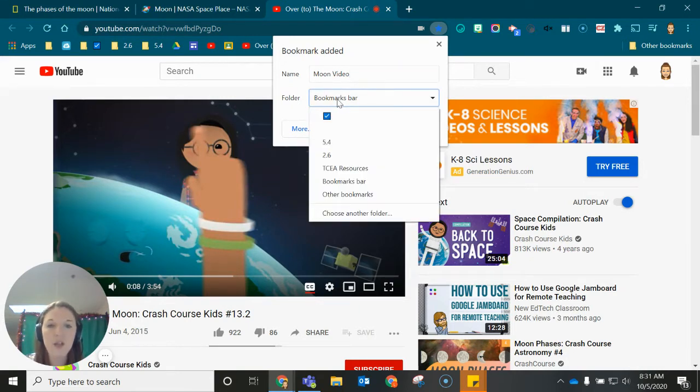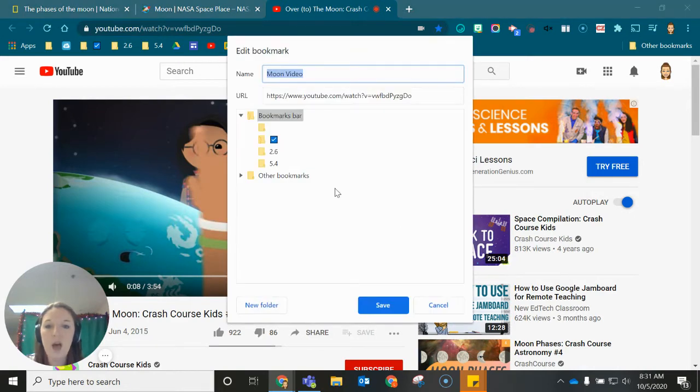However, I would like to create a folder within that bar to place all of my lesson bookmarks for the day. So I'm going to go ahead and click where it says Bookmarks Bar to bring up the little drop-down menu, and I'm going to click at the bottom where it says Choose Another Folder. When I do that, I now have this little menu that pops up, and at the very bottom of the menu, I have the new folder option. I'm going to click on this,